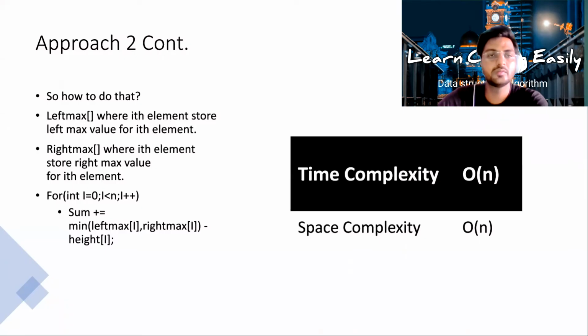So in this, we will calculate the left maximum, right maximum, and simply we can get the amount of water in constant time for each element. So we just need to run one loop. That's why time complexity in this is O(n). But here, since we are storing the left maximum and the right maximum, we are taking extra memory of size n. So space complexity is O(n). All right. Now, still we can solve this problem with some other approach also.